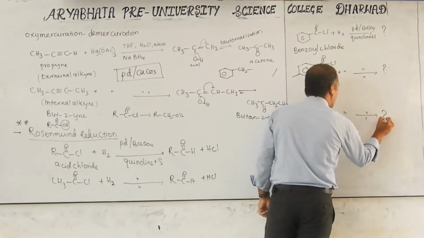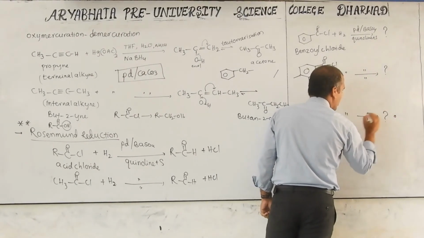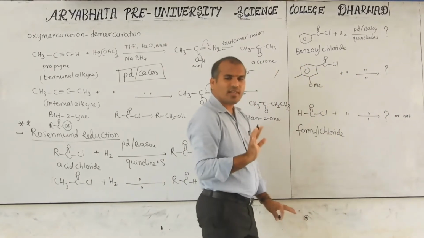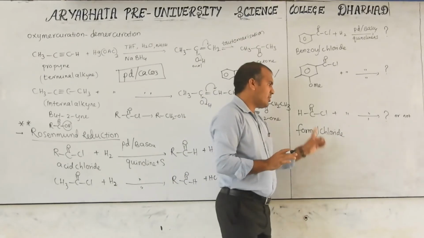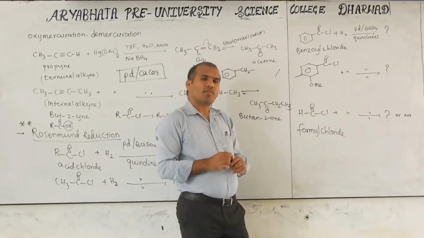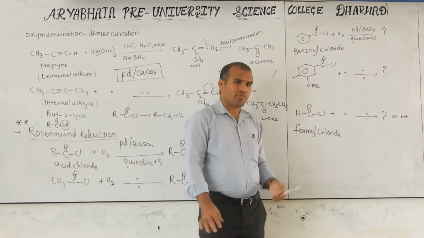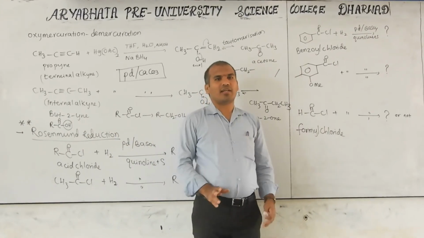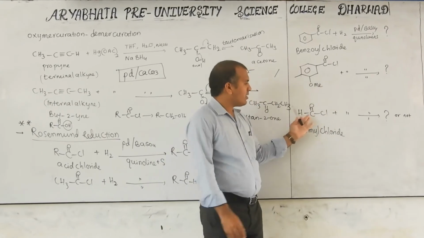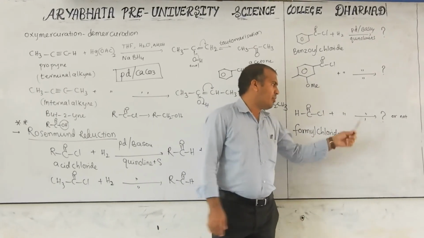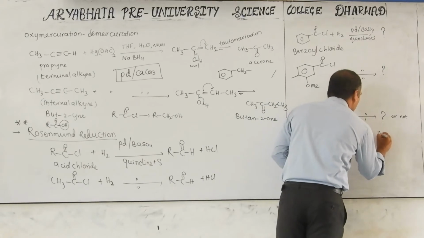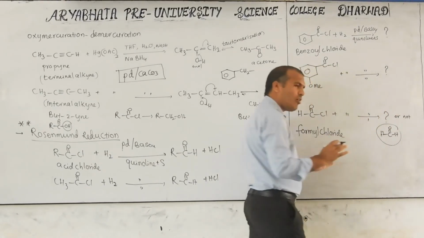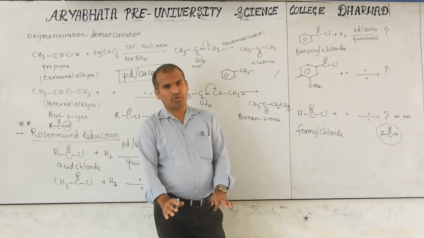Now, same, read here. Then does the product form or not? If not, why? Give the reason. Okay. This is very important because in competitive examinations they will ask this question, because you know very well about the Rosenmund reduction. Acid halides are converted into aldehyde. This is acid chloride, formyl chloride. Then immediately what are you thinking? Like this, product formaldehyde we are thinking here. But does it form or not, that is a question.